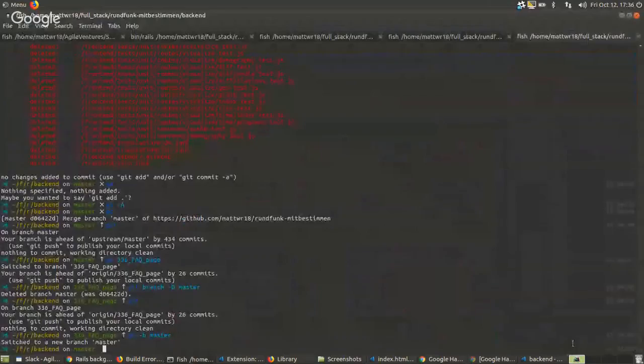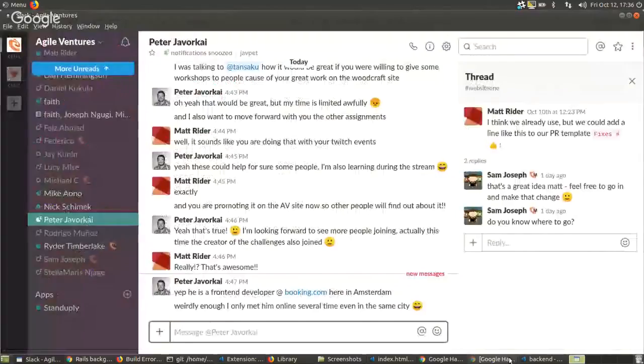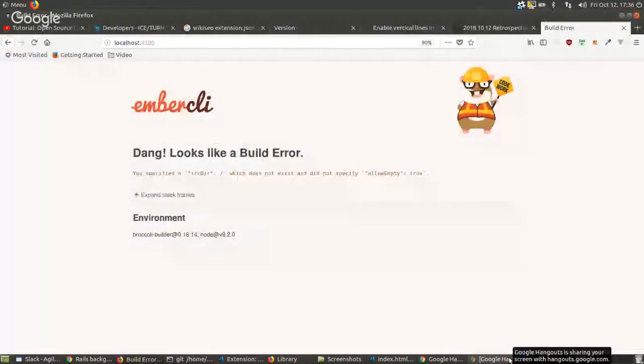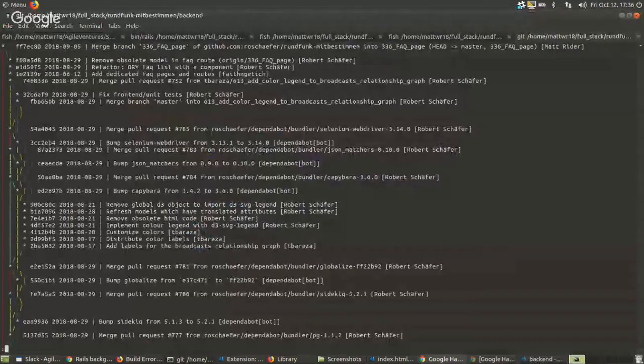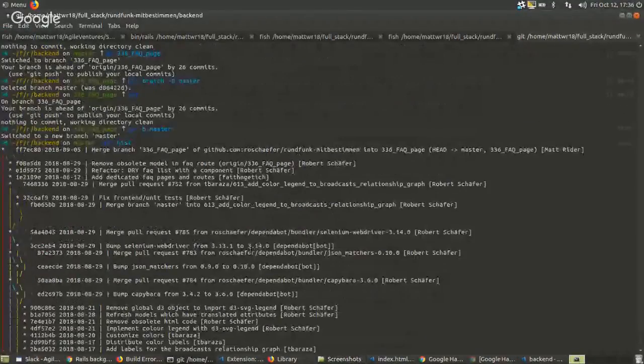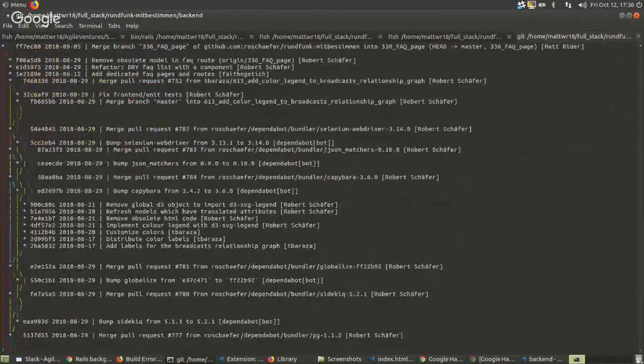I just know that we use it for Hundfunk mit Bashman. All right, so I pasted the link on the Slack.